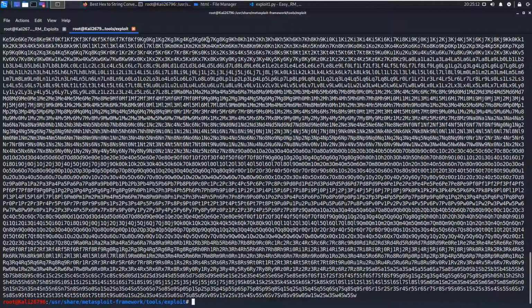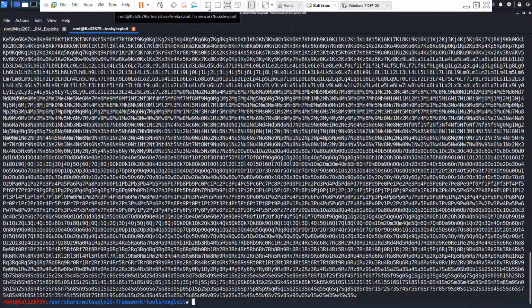So it will give me a cyclic pattern which will allow me to know at what location the EIP is getting overwritten, and the offset where our ESP is getting overwritten.